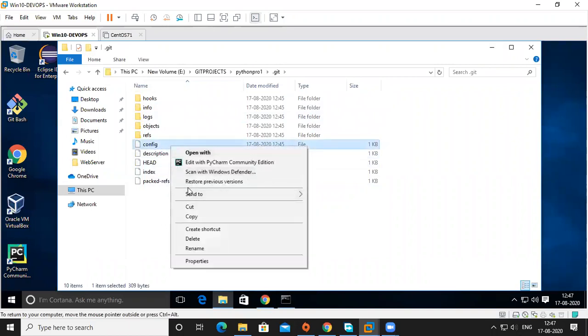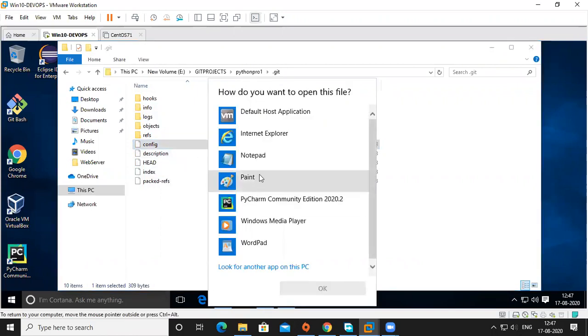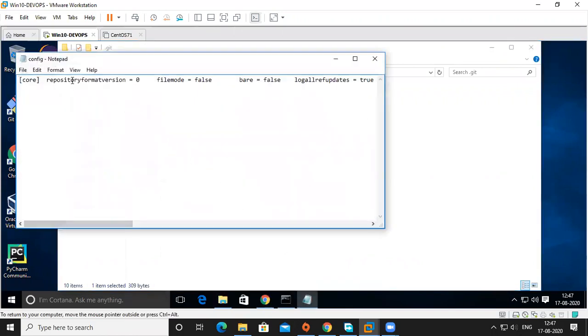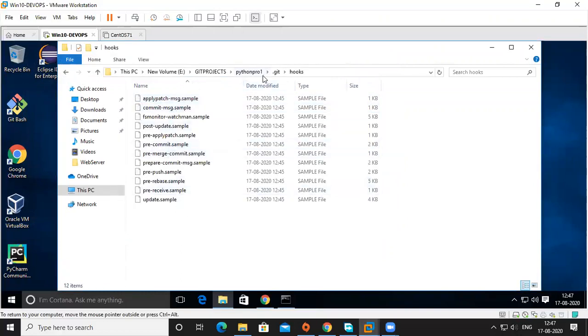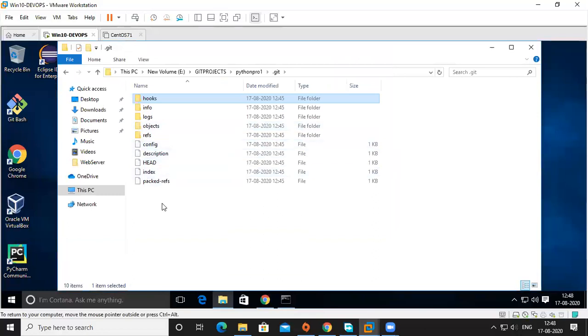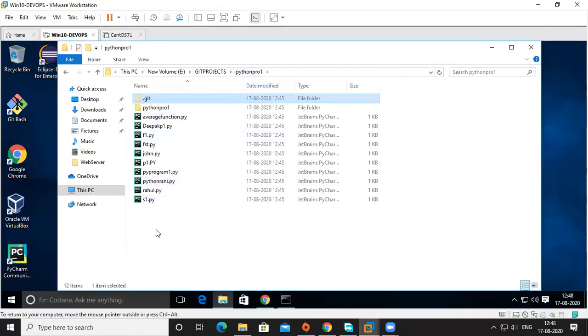You want to open with Notepad and see what is there inside of this one. Also, you can see from where to where, which branch it is, every detail. That is one kind of hobby. If you go through one by one, then you will understand the internal architecture, so it is easy to troubleshoot. That's it.